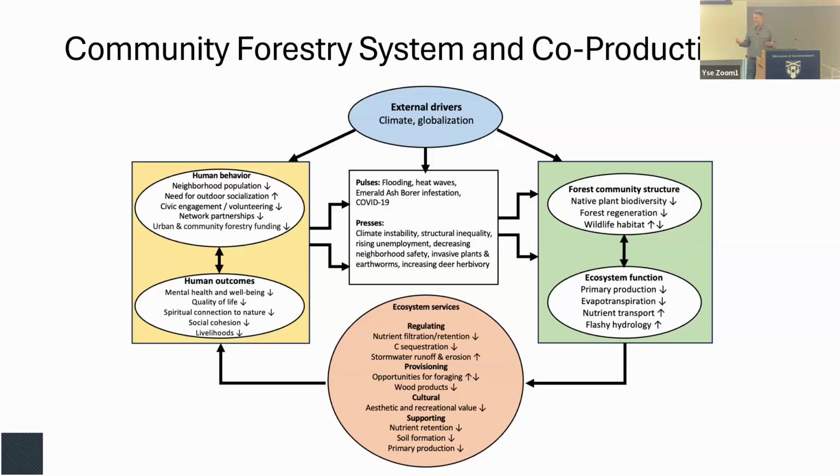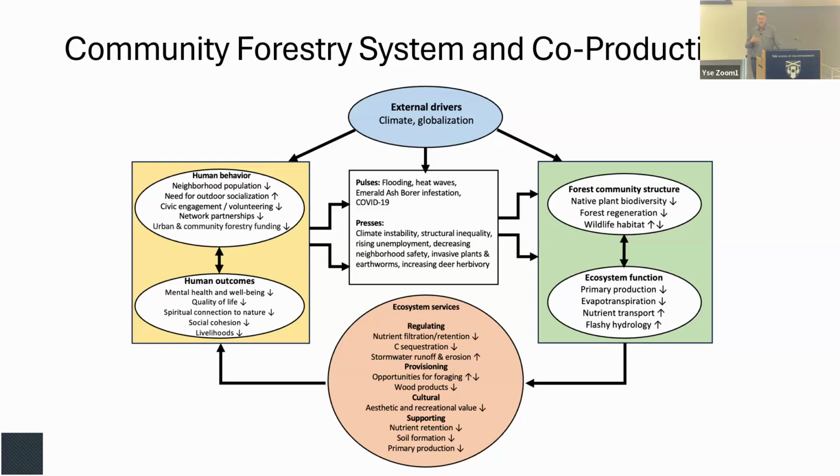Spiritual connections to nature. Like, that is not something that I would put in this diagram, right? That is something that Pastor Michael and the church wanted to put in here. And I should really highlight that a lot of the things in the yellow box is what the church and the neighborhood wanted to put in, and then us card-carrying ecologists, if you're going to let me be a card-carrying ecologist, we were on the green side, and the ecosystem services. They were putting their different things in there, right?